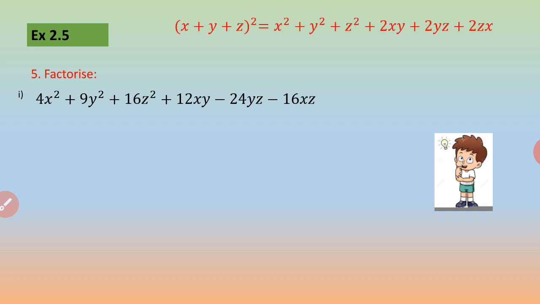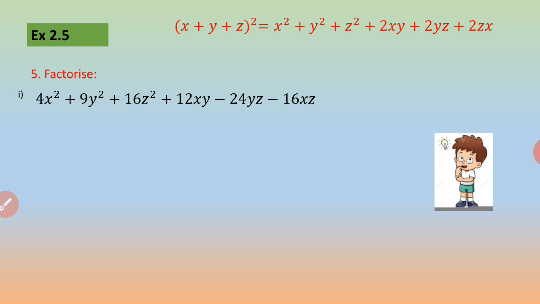See, it's now being flashed on your screen. The only difference is with minus sign. So that will be always there, because I have been telling you that this identity is such wherein you have to consider the sign. Now, here in this question, 3 terms are square terms. The right hand side of our identity also has the same. And the other 3 terms are multiples of 2. So that is again matching with our identity. So we are going to use this identity.